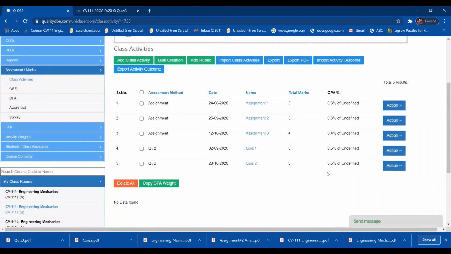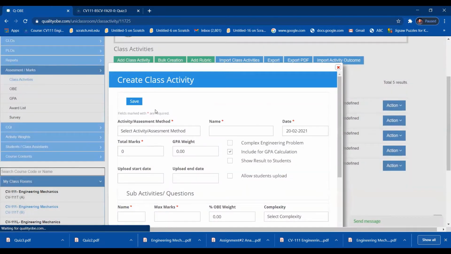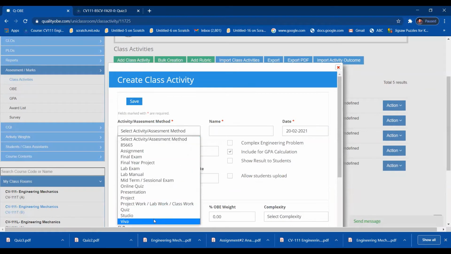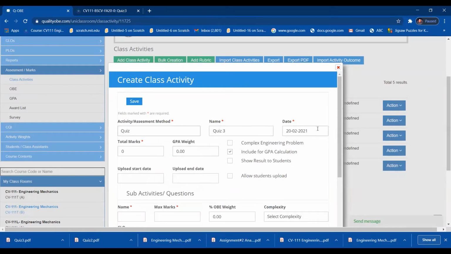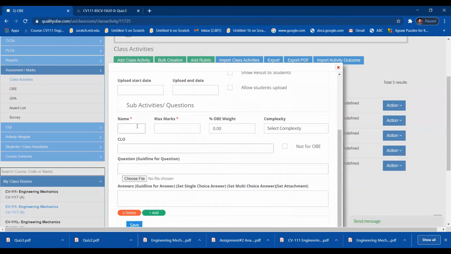So now quiz number 2 is also generated. Now I have to add quiz number 3, and this is how you can see how efficiently I am doing so. You can also do it this way when you practice it. It just needs practice, and you have to click on 2020, and it was conducted on the 25th of October. You have to click here, and this is a percentage of 4 marks. So it is of 4% GPA weight, and this is quiz number 3.